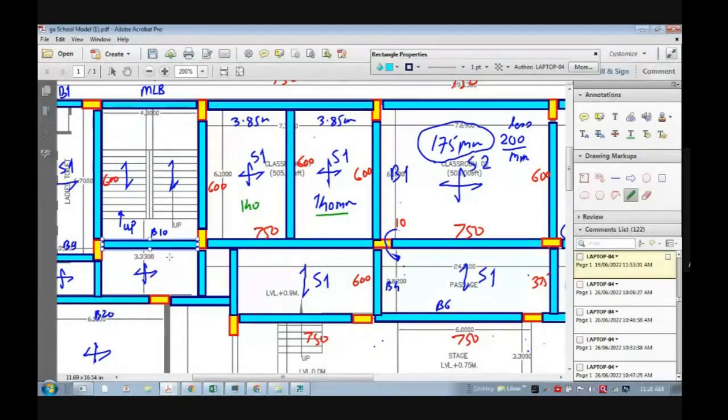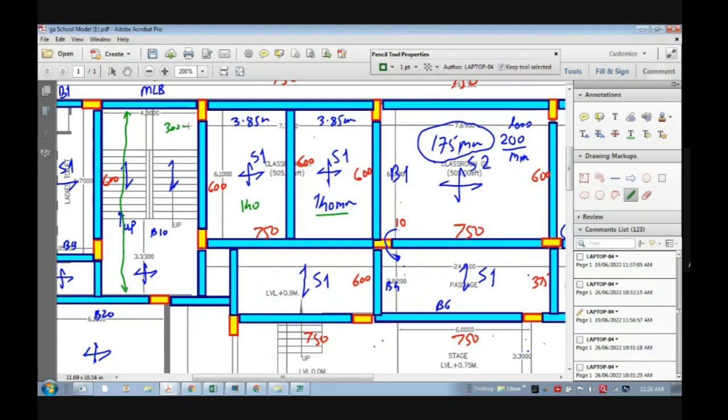See, if you don't provide this beam, what will happen to the staircase? अगर ये beam नहीं रहेगा तो the span of the staircase will be how much? इतना होगा ना? यहाँ से यहाँ तक होगा ना? Yes. Yes, sir. And if you design this staircase and your thickness is coming out to be 300 mm, let's say,